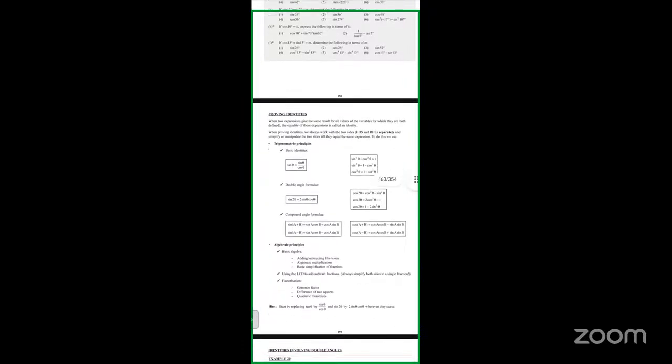The identity, sir. Identities. Okay. Like identity proving, left hand side, right hand side, or proving. Yes, sir. So, I think what you first need to know, oh, this is what is important right here